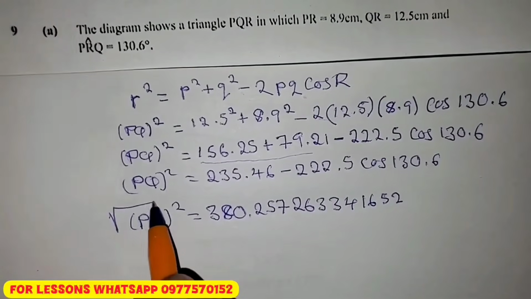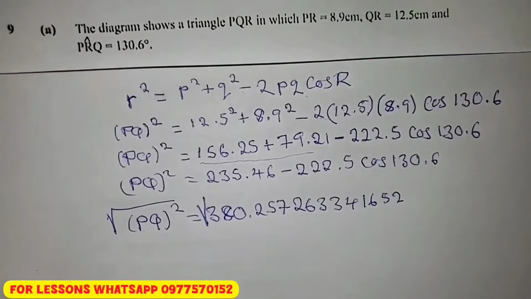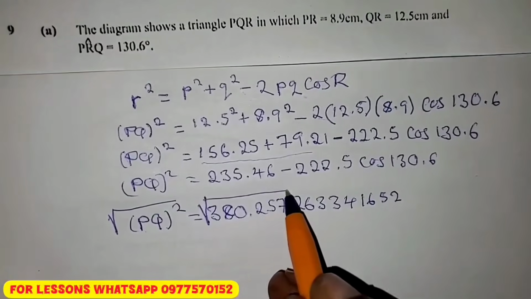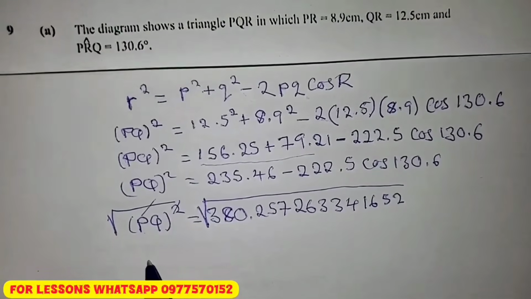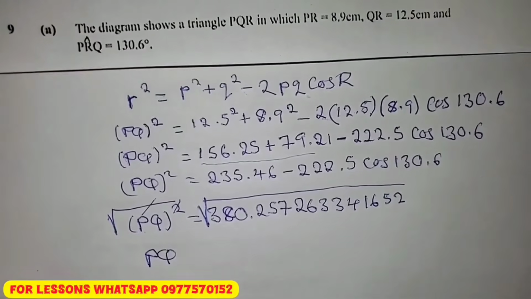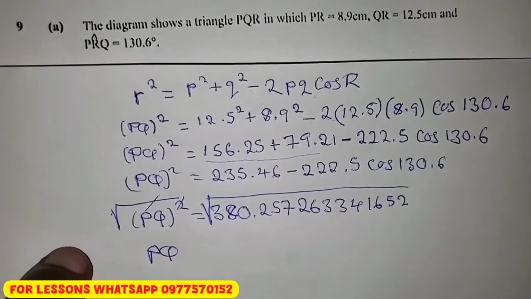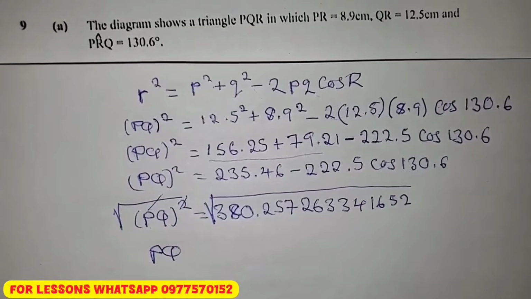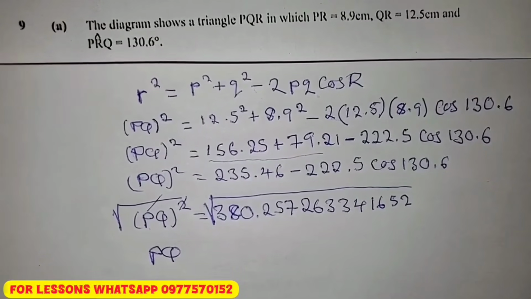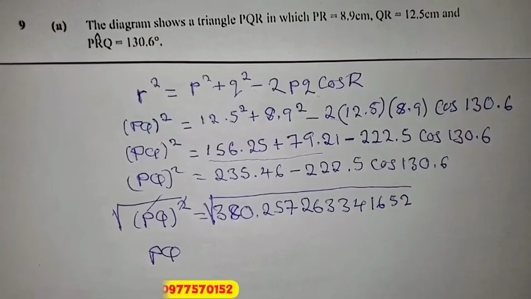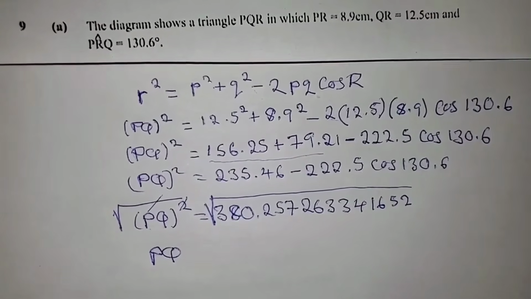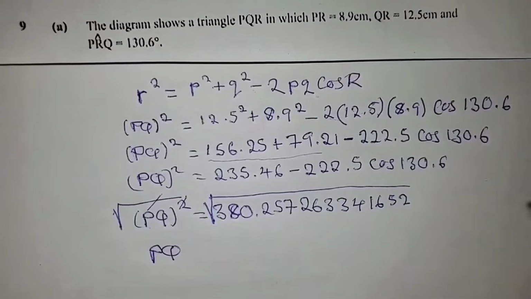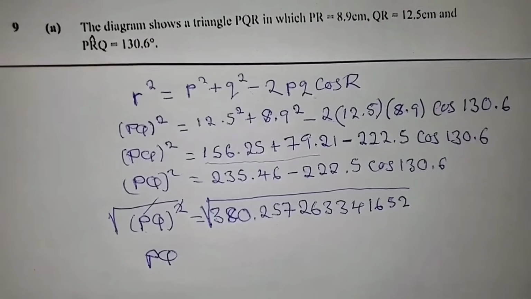So we're going to square root both sides. The square and the square root cancel, so therefore PQ is equal to the square root of this number here. So it's giving me